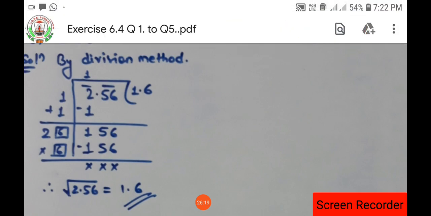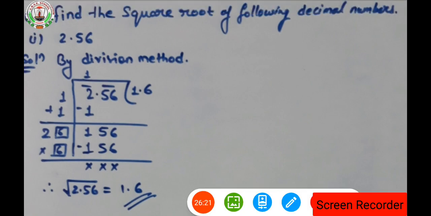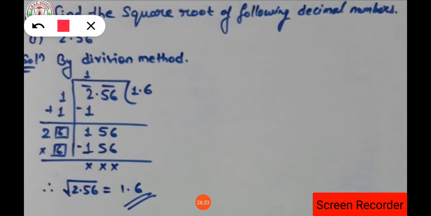So here this 1 will be added. If 1 will be added, then 1 plus 1 is how much? It will be 2, isn't it? Then this 56 pair will come together at the second step. So the number at the second step is 156. Now here in the bracket we have to think of such a number that exactly this number can come or less than it, not more than.